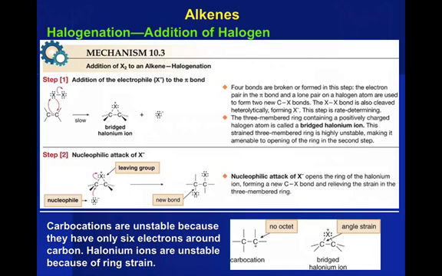So we form a three-membered ring with the halogen. And the way that this reaction occurs is that as the pi bond is reacting at the halogen and kicking out the other halogen as a halide, the lone pairs of electrons on the halogen that's being attacked come back and react with the other carbon. It's a concerted process. And so the first halogen is added only on one face of the alkene. And it has to be that way because a three-membered ring defines a plane, or 3 points define a plane,